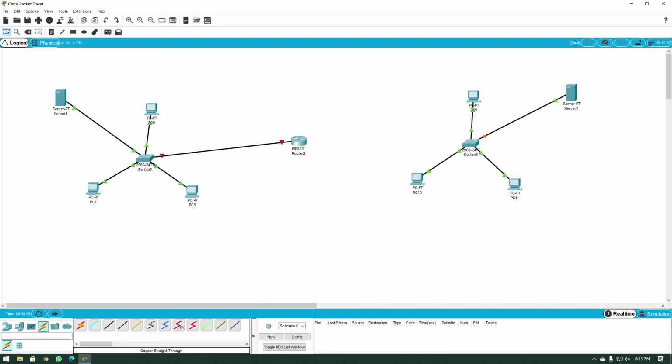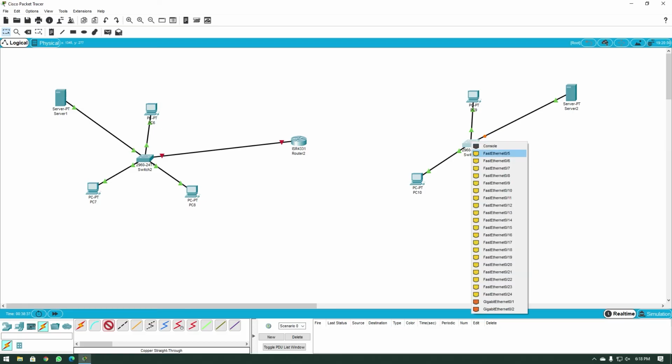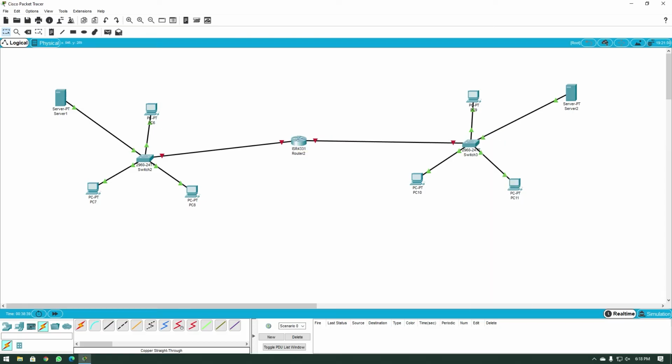000, then connect this network to 001. Now, I'd have to give static IP addresses to the interfaces of a router. Routers usually do not get IP addresses using DHCP. So I'm going to still keep the network on the left a 192.168.1 network and the network on the right as a